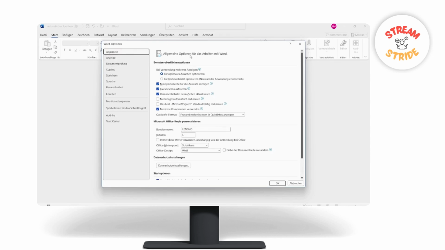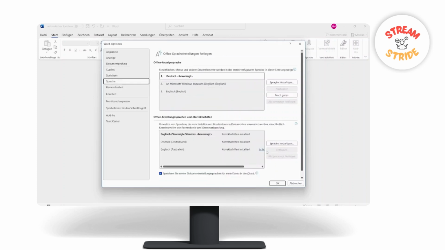After you come in here, you need to click on the sixth option from the left menu. So 1, 2, 3, 4, 5, 6. Click on it, and you'll be taken to here. So once you locate the English, just click on it and click on the last option from the right hand